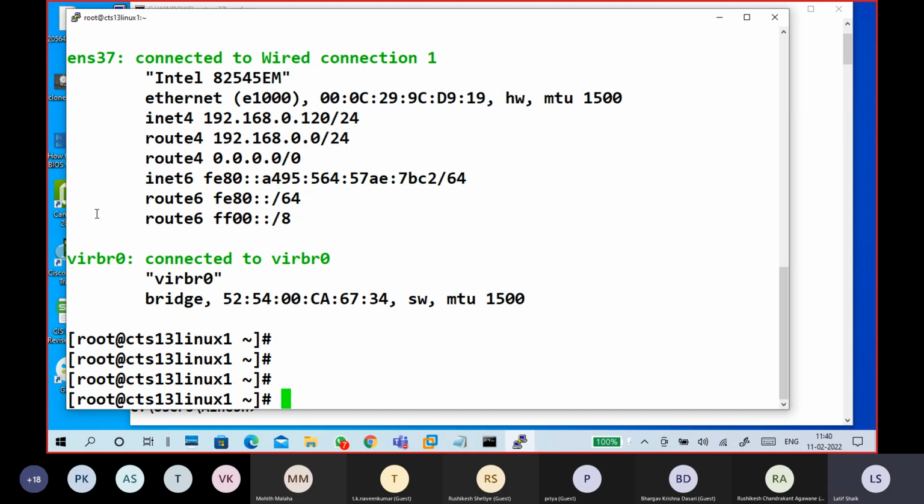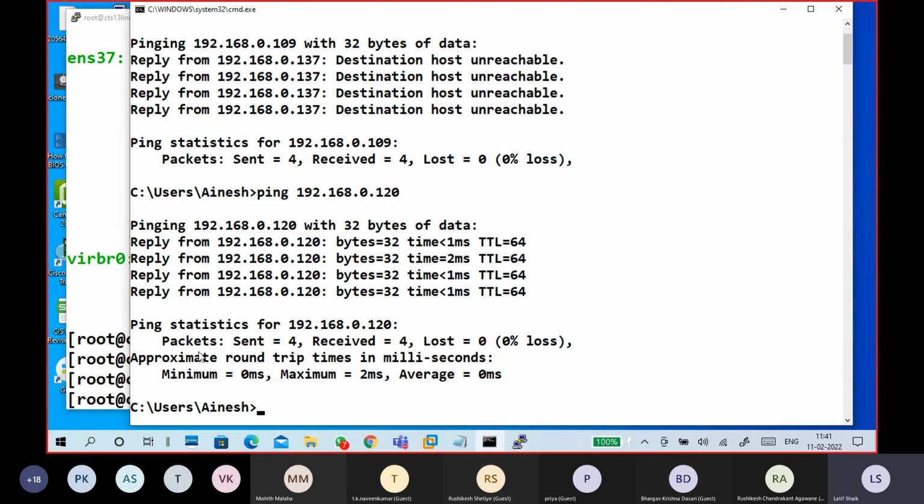Guys, this is a basic part of networking. Other things, like name and DNS server kind of stuff, are also there. But it is okay because it has already started and almost half an hour is gone. No problem, but that's a good one. Guys, do you understand how to change the IP address manually? Okay, using NMTUI.